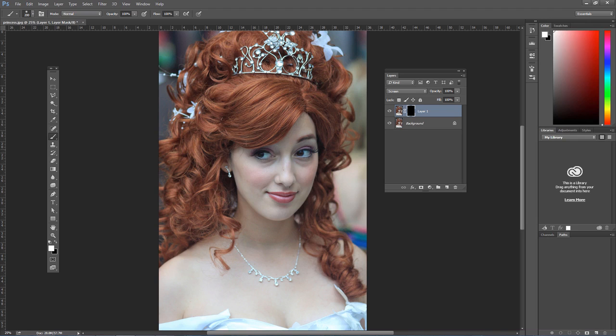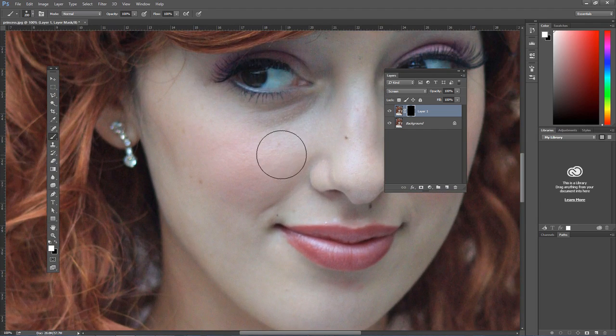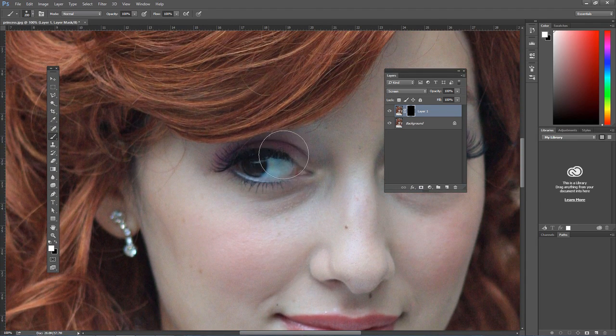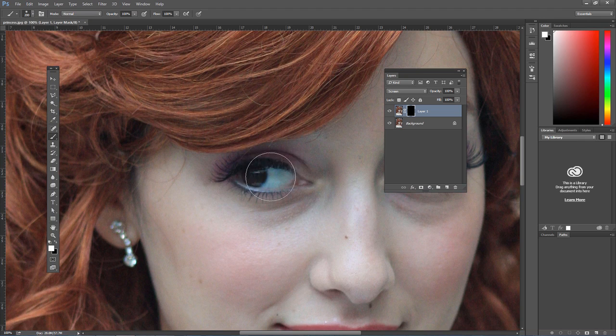If it's on, you'll just have it with the crosshairs there, so we need to make sure caps lock is off. So we'll need to zoom in, so Control plus on the PC, Command plus on the Mac. And this brush is too large now, so we need to do left bracket. And what you'll do, you could make selections beforehand if you want to get really precise, but I think this will be fine. We just want to paint in here, and we're not painting in white per se